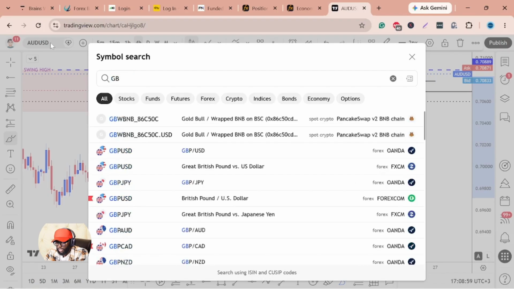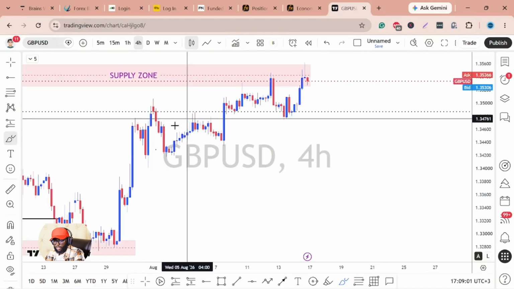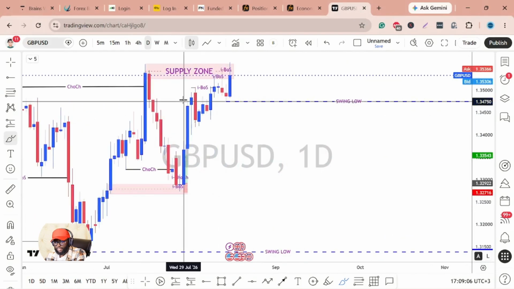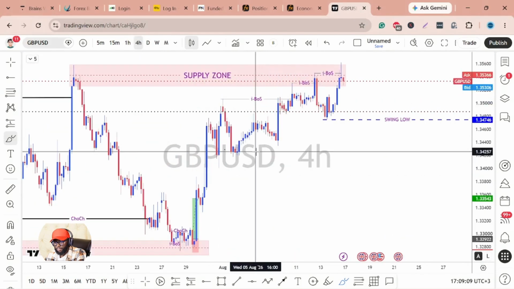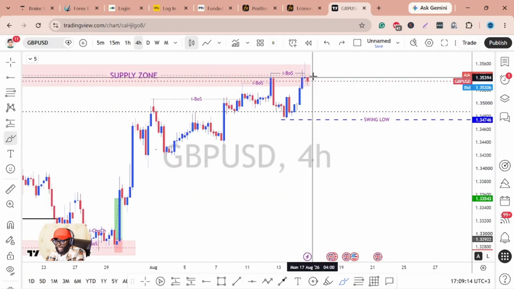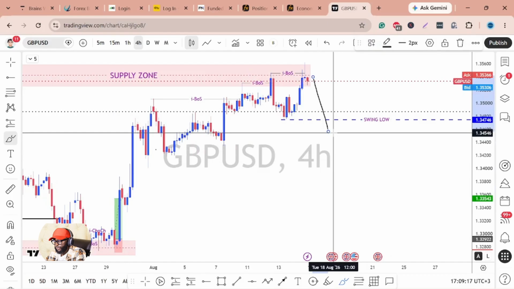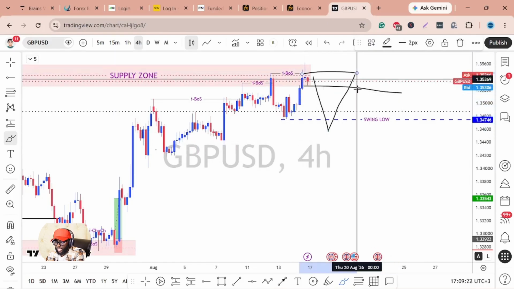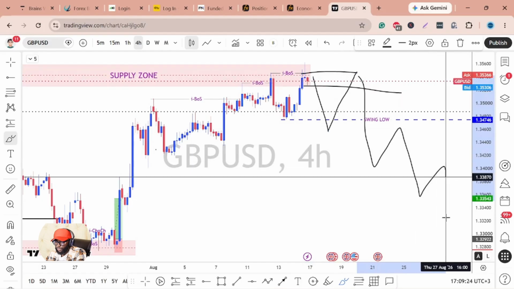Now let's look at GBP USD. Similarly, I'll not break it down further, it is just the same as EURUSD and AUD USD. If we see this low being broken, then it means sellers will have shown their sign of strength. Therefore, we'll be looking for a pullback to any supply zone that we'll be having here to look for short confirmations to take price lower.